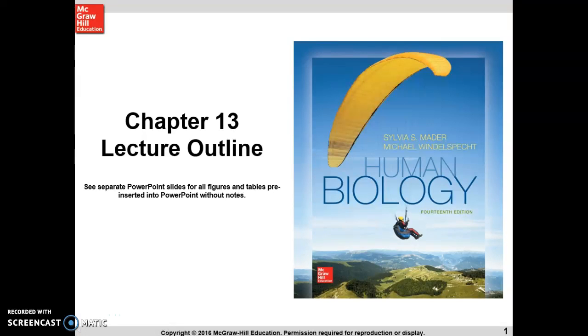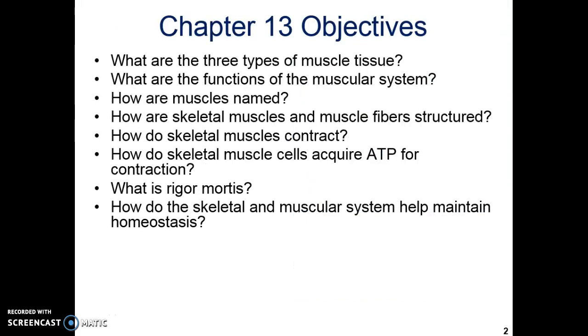Alright, here's a quick review over Chapter 13 lecture notes. It is over the skeletal system, the muscular system, and your chapter objectives, what you should be able to take away from this chapter for the exam: what are the three types of muscle tissue, what are the functions of the muscular system, how are muscles named, not the actual names of muscles, but just what is the thought process